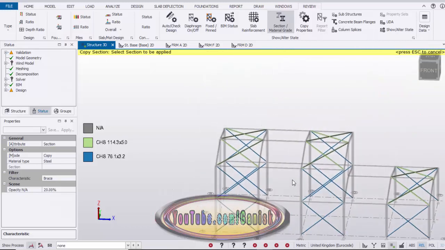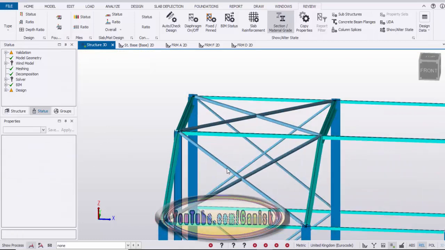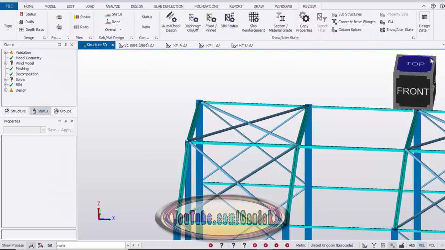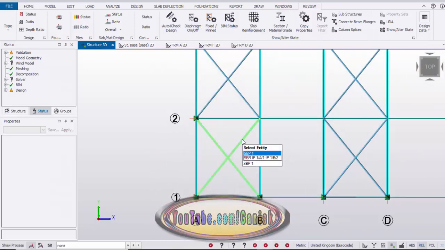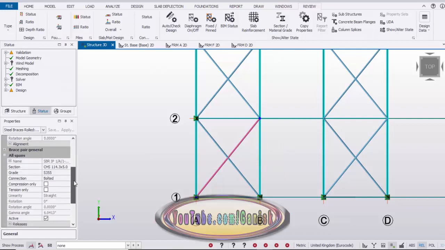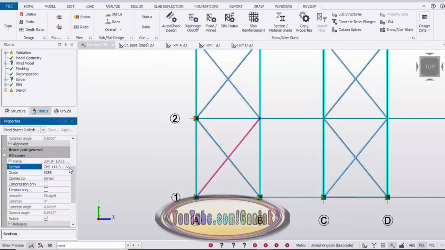At the top bracing we're going to change this rafter sizes, so click on escape and go to the top option here and place the cursor and use the down arrow on your keyboard and click on enter. Currently we have 114.3 by 5 thick, so click on here and we're going to change this size.